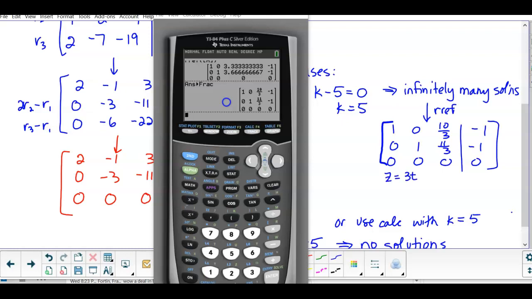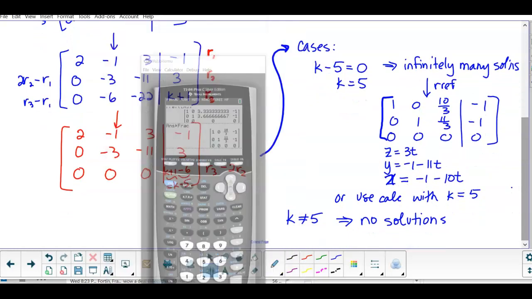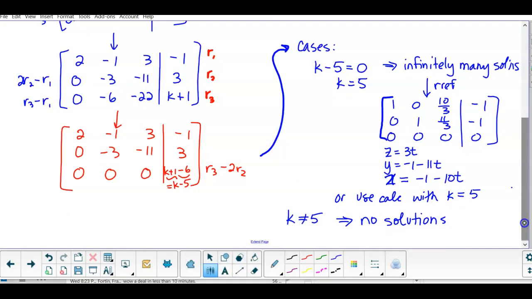Minus 30, so y then would be equal to negative 1 minus 11t, so x would equal negative 1 minus 10t. So, in this solution, is